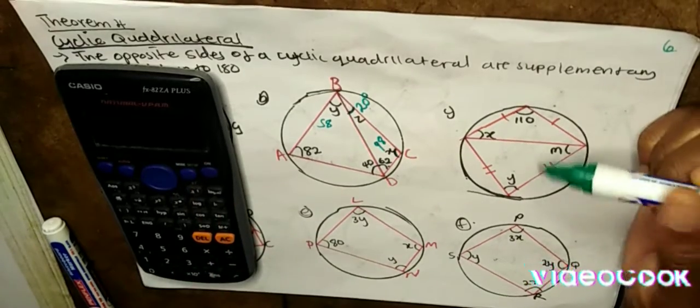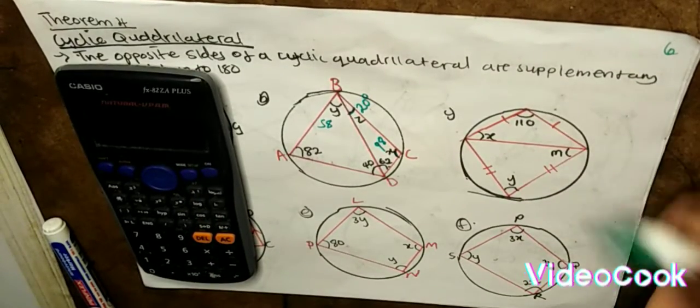What about this one? Okay, that's a cyclic quad. What's the value for